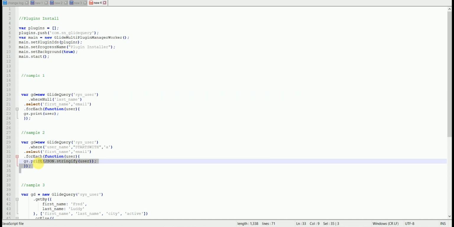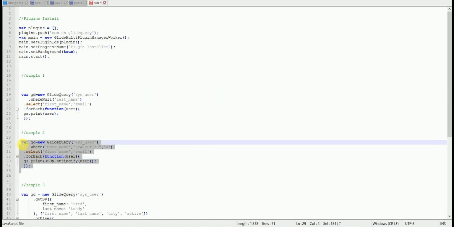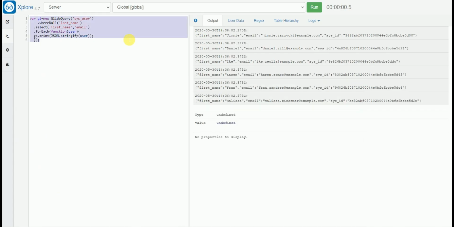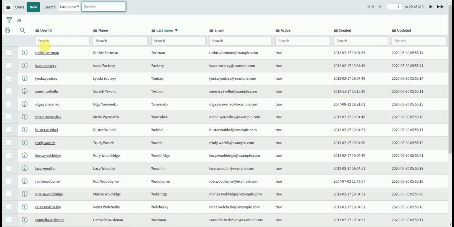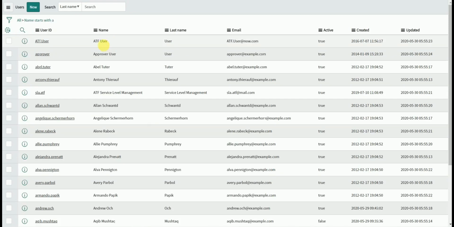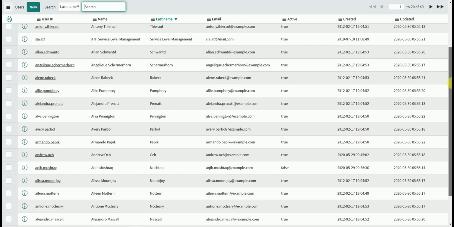Okay, so let's go with the second one. We'll make things a bit complex, slowly. Here we are again going with sys_user. Username starts with A. It will print its first name, email, and sys_id. It's sending automatically, I don't know why, but we'll check on that. Let's see which users have it. We have 40 users.